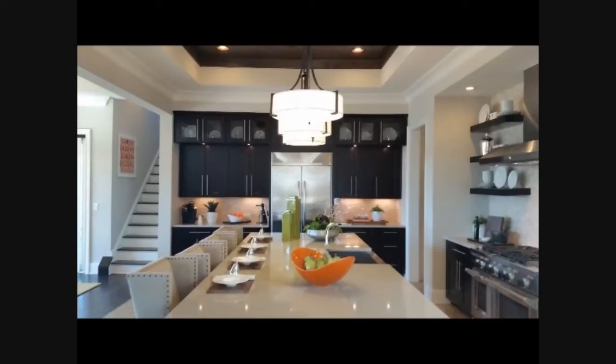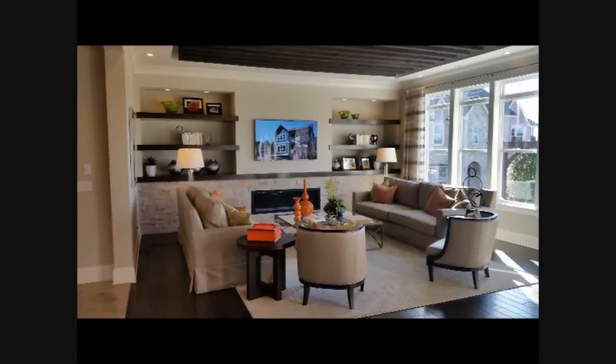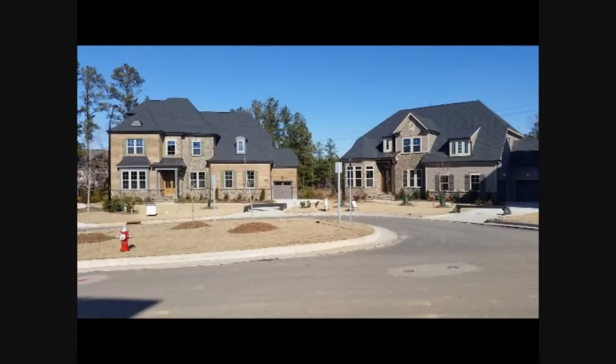I'm seeing a lot of quartz countertops in the newer houses. See how the chairs in the breakfast area are really quite modern. And also in the family room, the fireplace is totally different than most of the traditional mantels we see, and more modern streamlined shelves. This is just a street scene in the neighborhood, and we're going down the street to